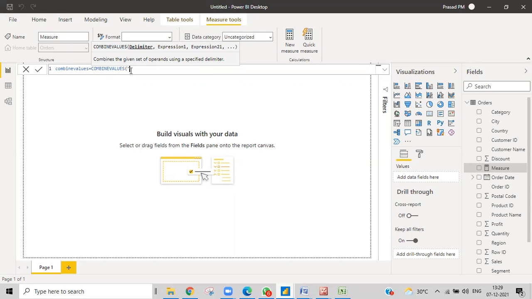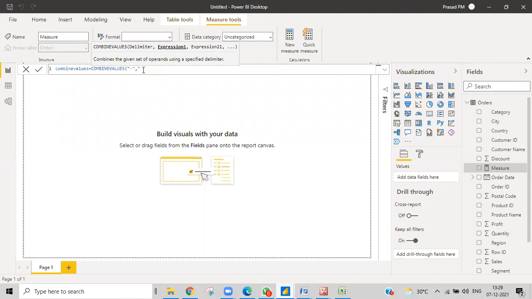Here I need to give a delimiter. Delimiter is nothing but a separator. So I want to give this delimiter, then a comma, and then the first text part.